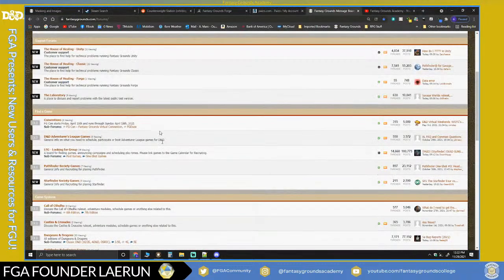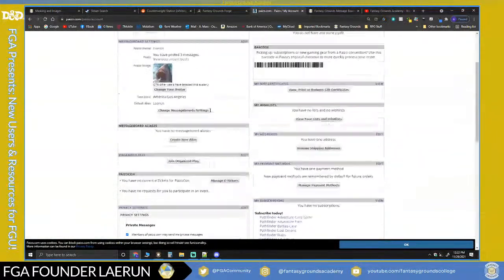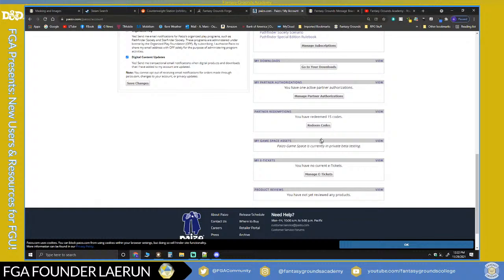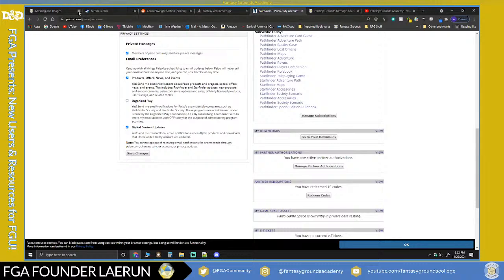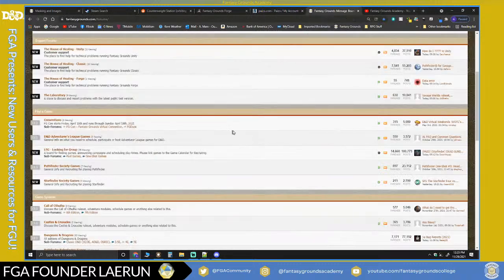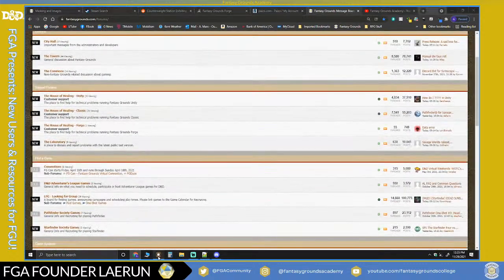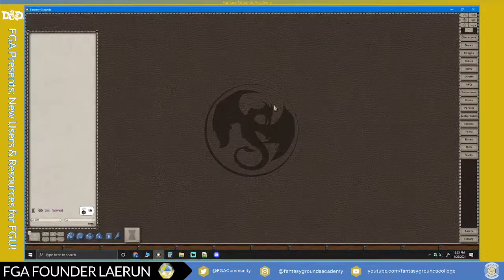The other thing that you want to be aware of is that if you are a Paizo fan, if you use Pathfinder or Starfinder, there is an affiliate program that exists between Smiteworks and Paizo. The same agreement does not exist between Steam and Paizo. It is only the Fantasy Grounds store. So if you purchase content on the Fantasy Grounds store, when you buy the content and you update your client, it'll pull in whatever you purchased, and then it'll be available for you in the Fantasy Grounds format.